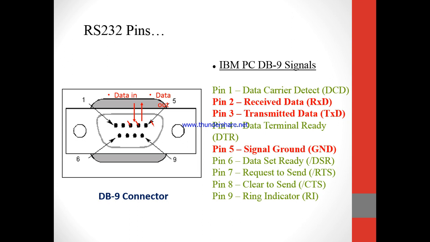Now when we connect this serial line, we need one interface, and therefore we have a DB9 connector or DB9 port at the back end of your computer. In that, 9 pins are available, in which only 2 pins are necessary, that is transmit and receive. In some cases we also connect the ground signal or ground pin.